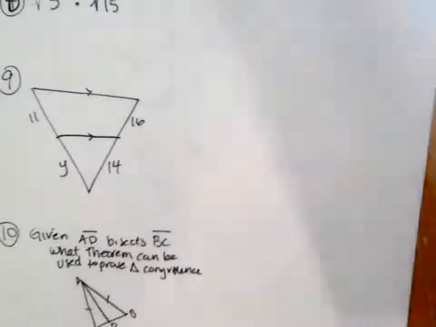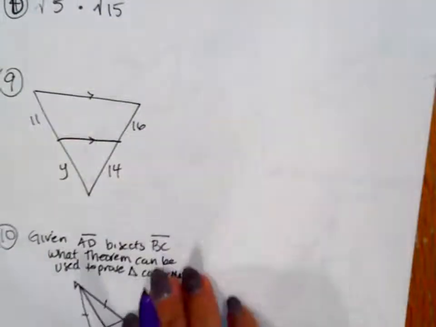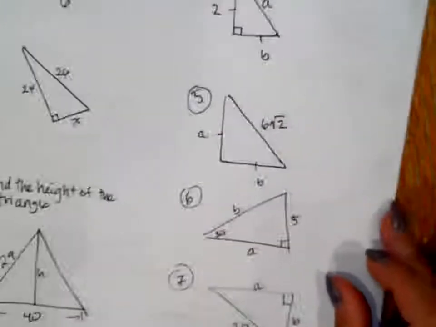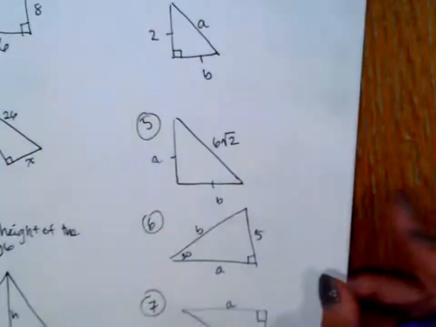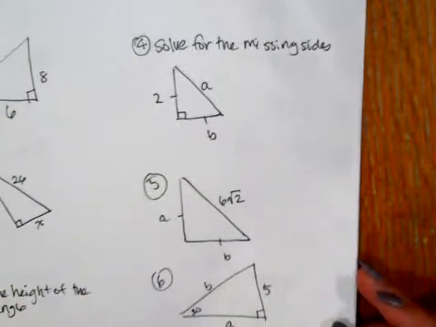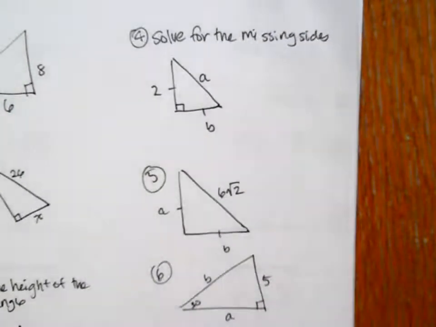All right. Questions. Did you want me to do any more of these? 30-60-90 triangles. So I'm going to do some more of these. I think you guys didn't like those questions. Okay, let me do a